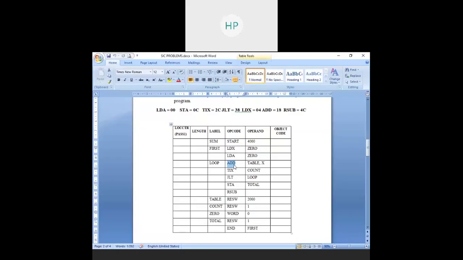What exactly does it do in pass 2? It determines the instruction format, that is either 3 or 4, because in pass 2 you will be doing the object code creation. So I need the length of this instruction, whether it is format 3 or format 4. That time I can do it over pass 2. That's why it determines the instruction format and translates the operation code to its machine language equivalent.